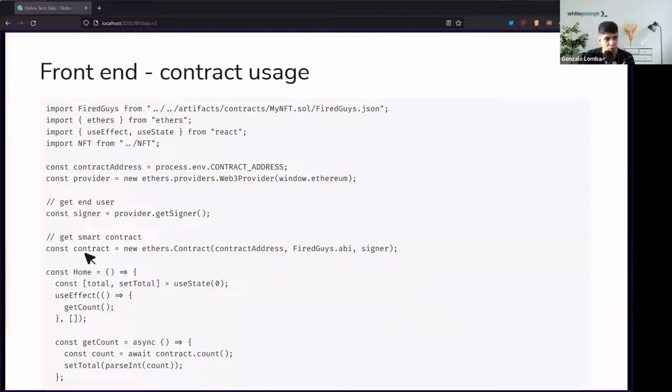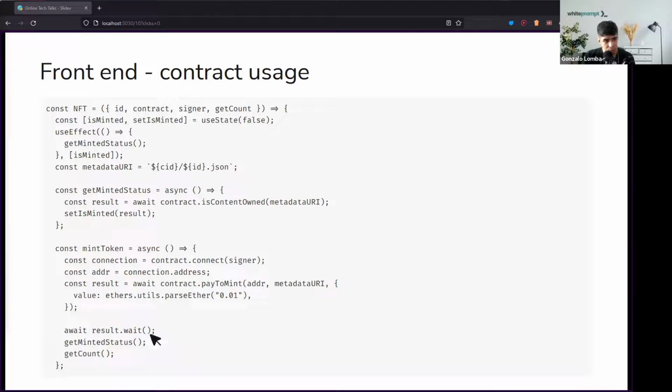So we have the contract object, and in this case, we use it to execute the count function, as we saw earlier in the smart contract, to display the current amount of already minted NFTs. So yeah, in this case, it's like a simple function. So we display the total amount, and then another usage we have here is the pay to mint